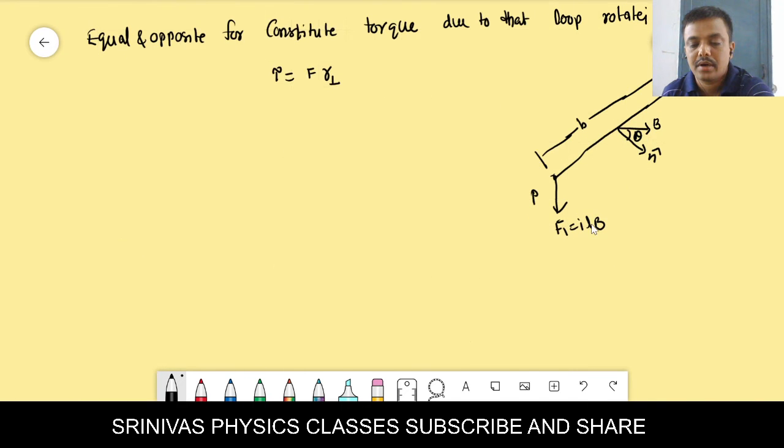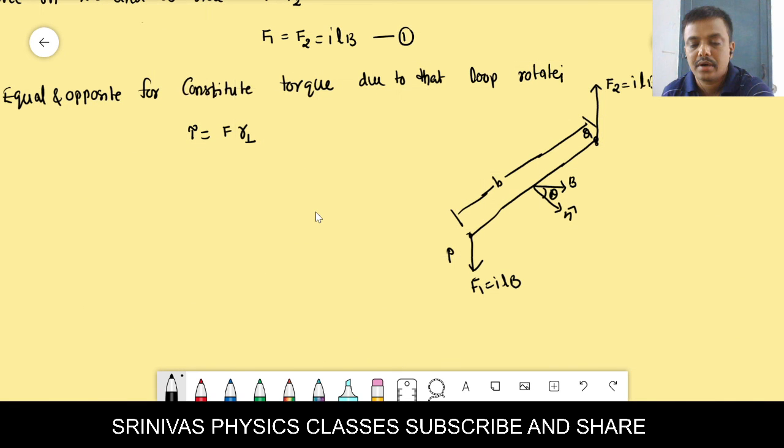And this I draw here. Then after that I want the perpendicular distance between the forces. For that I will make one triangle here. Let us take the triangle like this. A right angle triangle we can form. After forming the right angle triangle, one force is this side and one force is this side. The perpendicular distance between them is this one. One force is upward and the other force is downward. Then from the figure we write the perpendicular distance. This is R perpendicular, the perpendicular distance between the two forces.